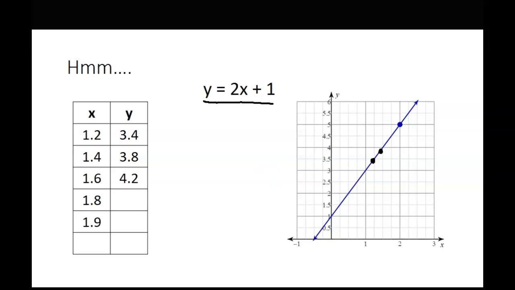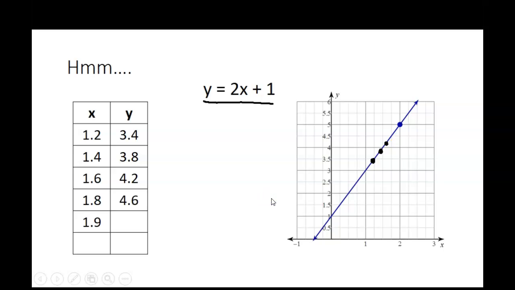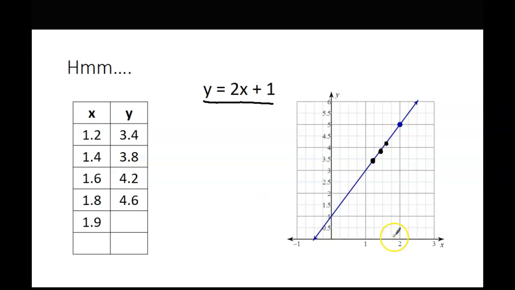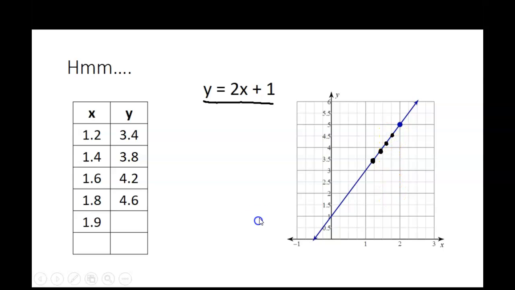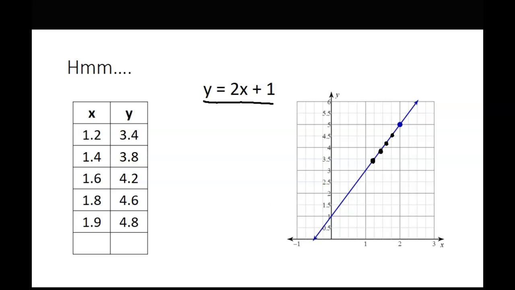If I plug in 1.6, I get 4.2. 1.8 would give me 4.6. As you're wondering what's the point of this, you'll see in a minute. 1.9 gives me 4.8. And as you guys can see, what's happening is these dots are moving in this direction,